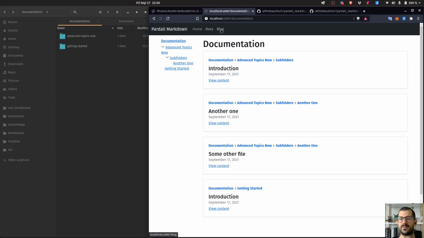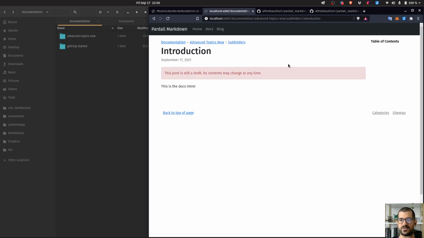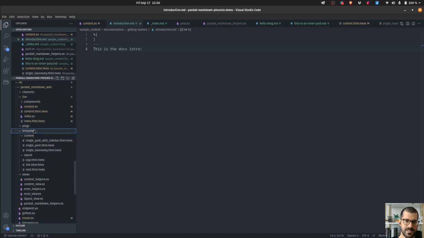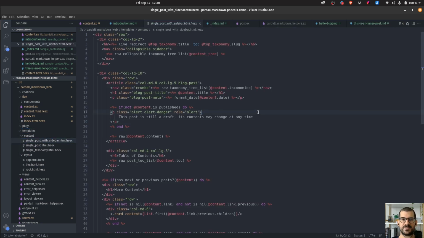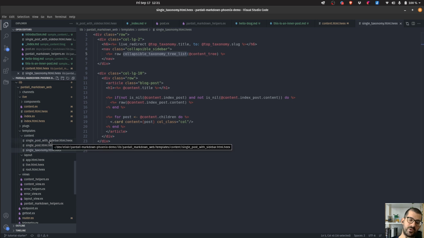So we have a blog and documentation. For a blog, we showcase the blog in full screen, and documentation as well. But normally in documentation websites, you have a sidebar inside the post. I already made a template for that. So if you go here in templates, single post with sidebar. There is not much else to learn here because we already do that in the taxonomy archive. You simply call the helper collapse the taxonomy tree list that I created